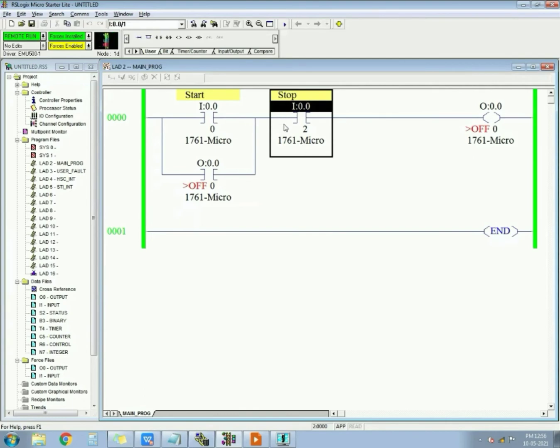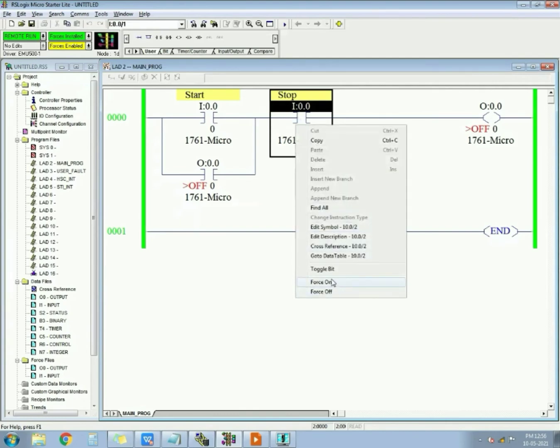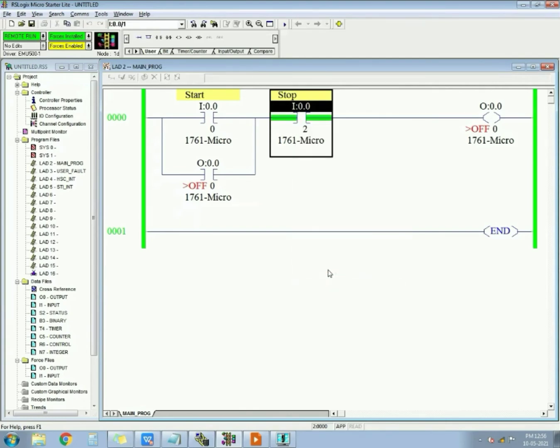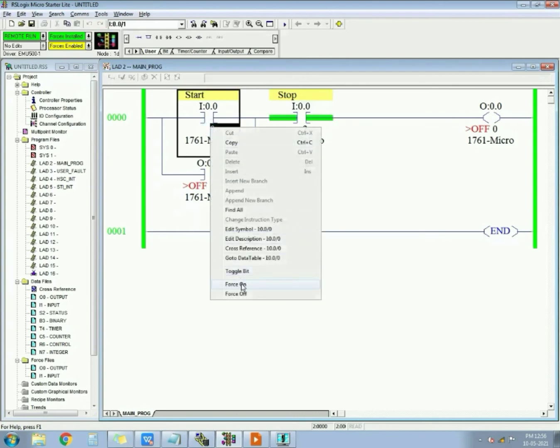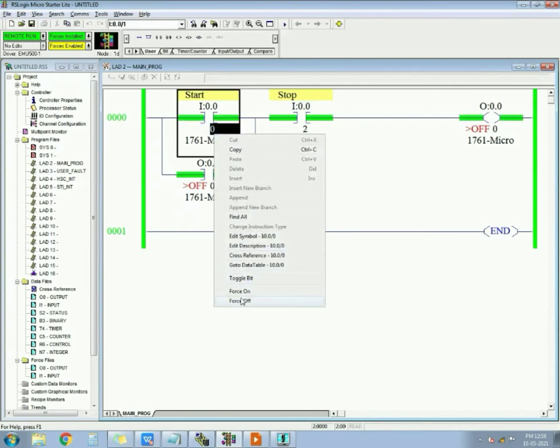When it is connected to actual hardware, it will show like this, because in hardware it is NC, and NC will always pass the supply. And when you press the start push button, it will latch the output.